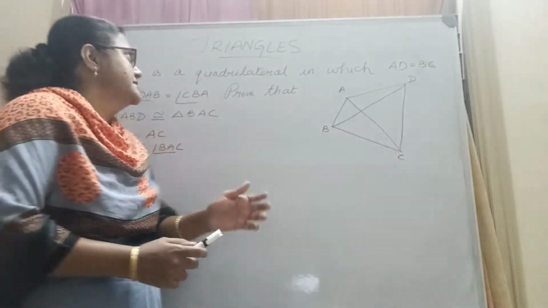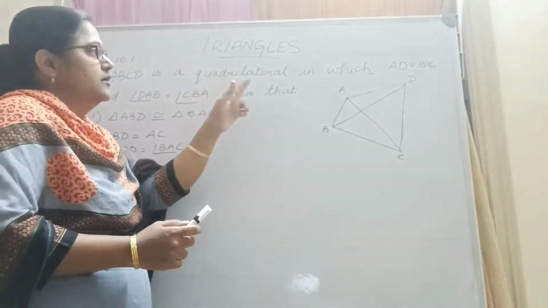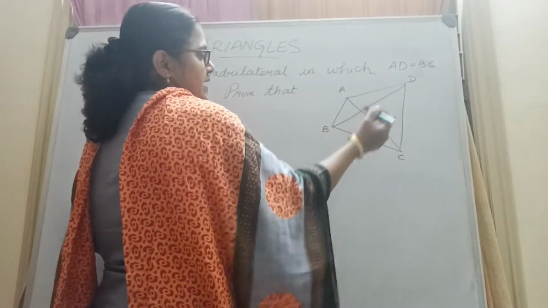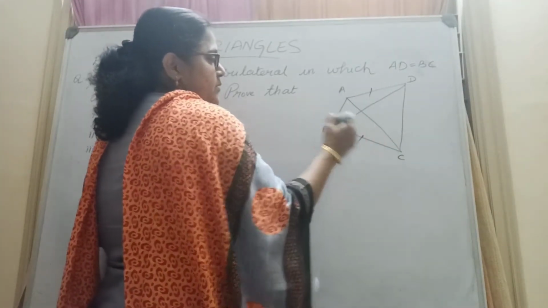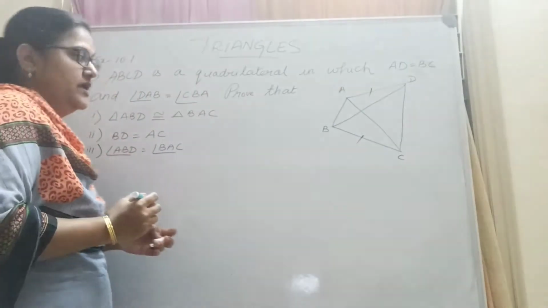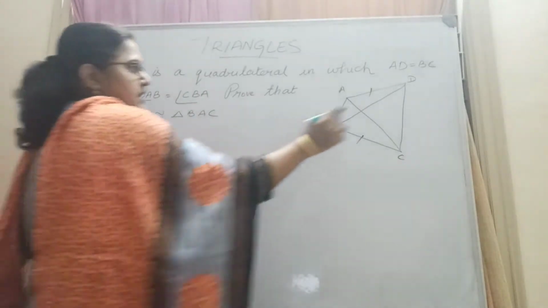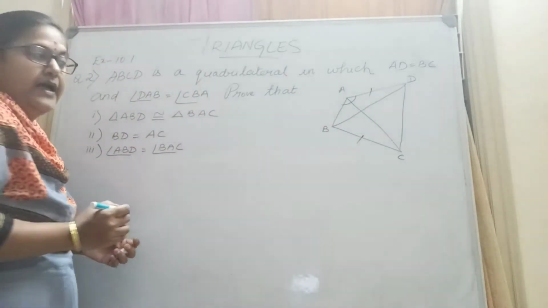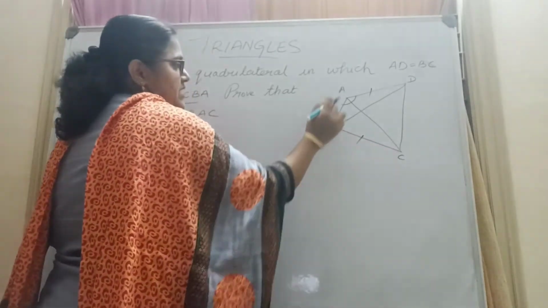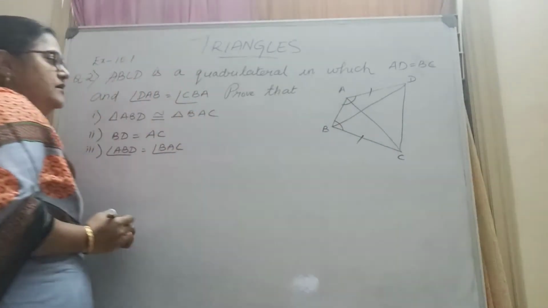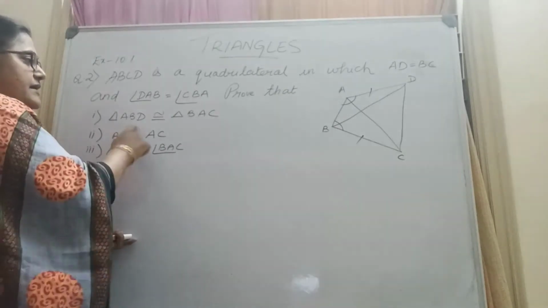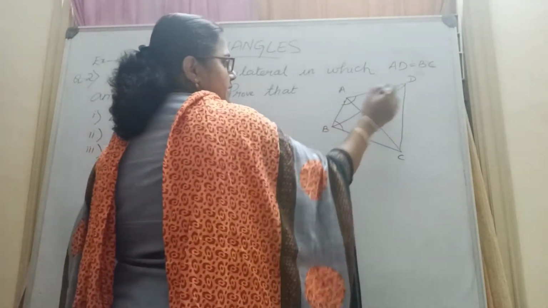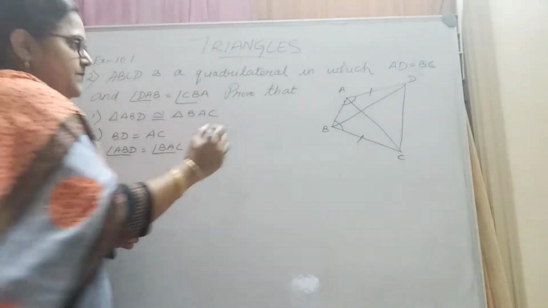The question says, ABCD is a quadrilateral in which side AD is equal to side BC. Okay, and they also say angle DAB, that is this angle, is equal to angle CBA. Fine. Now we have to prove that the triangle ABD, that is this triangle,